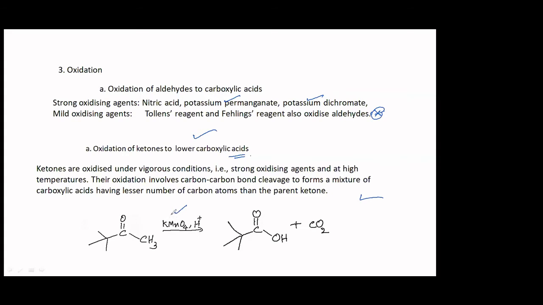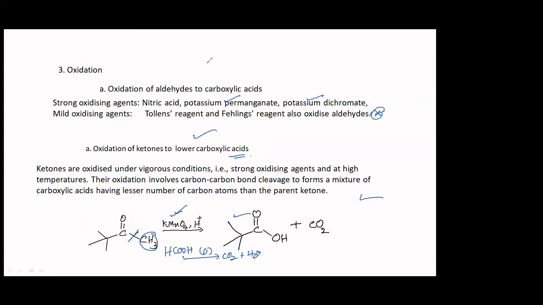Here you are using a strong oxidizing agent, KMnO4 in acidic medium. So what it does, it breaks this bond here. Therefore, this part also is going to be oxidized. CO2 you are going to get. Initially, you are going to get this acid and HCOOH, formic acid, because the methyl group can be oxidized to formic acid. And because this is a strong oxidizing agent, further oxidation happens, and you will get CO2 plus H2O. That is what you are going to get. Okay. So this is about the ketone.